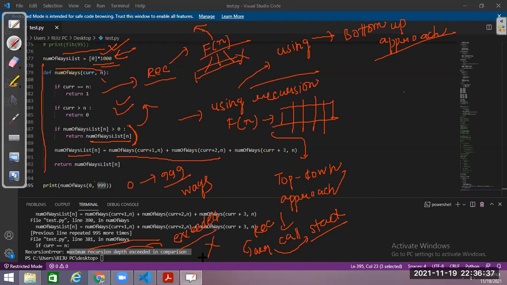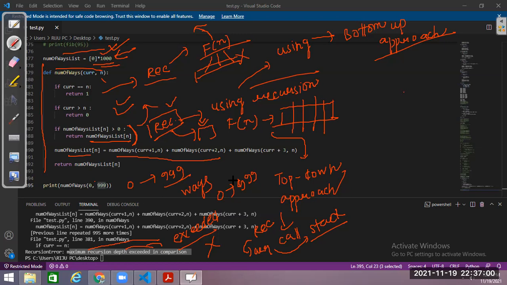I cannot do this if I am just making the recursive calls and storing the result into the table whenever it arrives. This way will not work if I want to go from 0 to the 999th floor. I have to think of something else.